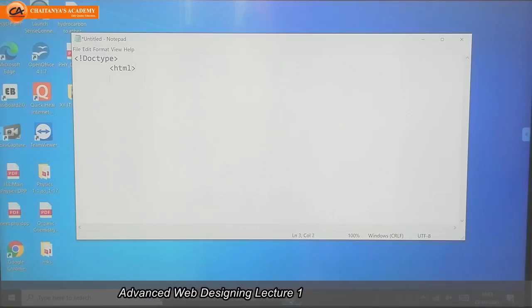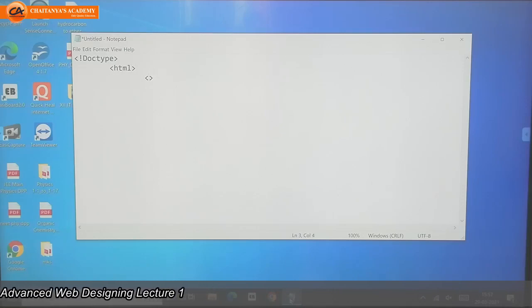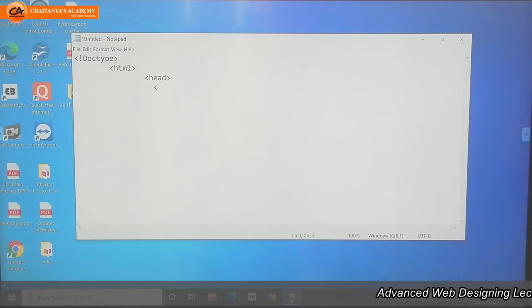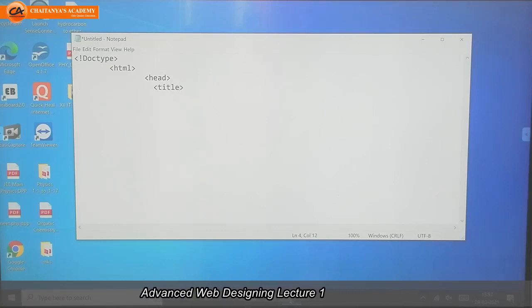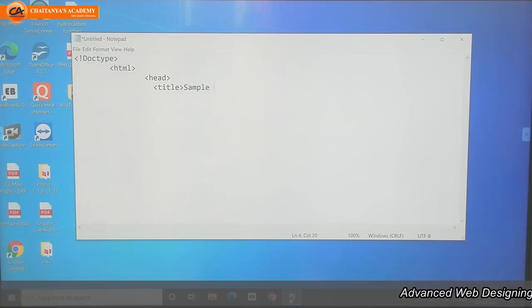Next, in the HTML tag, the head tag is there, which has other information, that is the title. This title we get on the title bar of the web page, whatever we are going to create now.